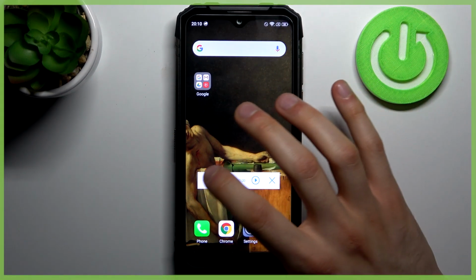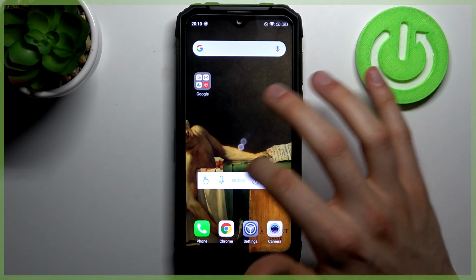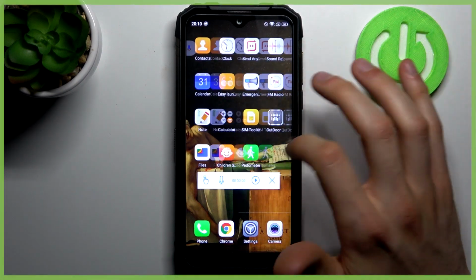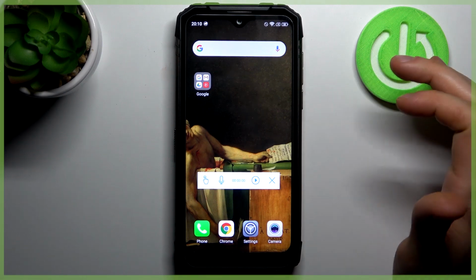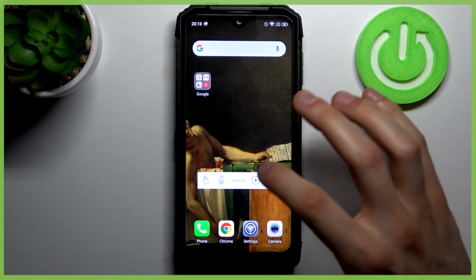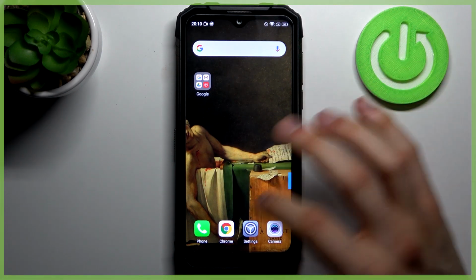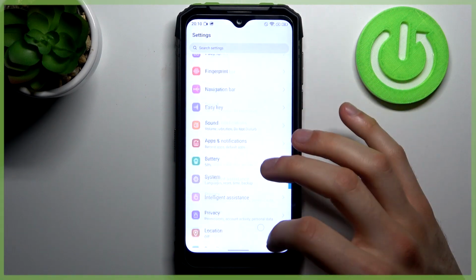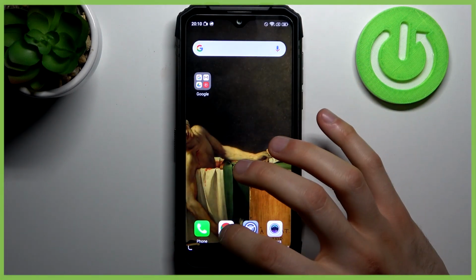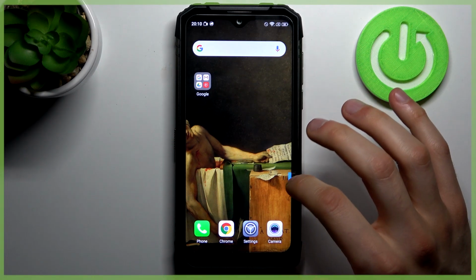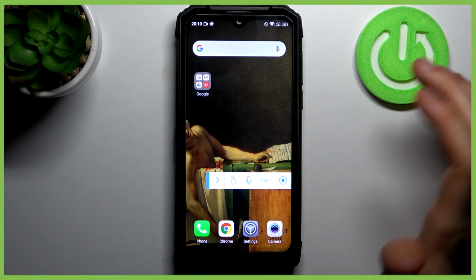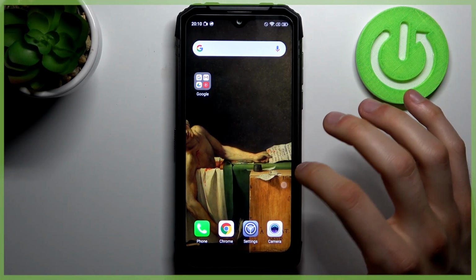You can enable or disable the touches here. You can enable disable microphone. To start recording, just tap on the start button, and after that recording starts. Let's record some of our screen. If you want to stop recording, just tap on this menu here and then tap on the stop button, and